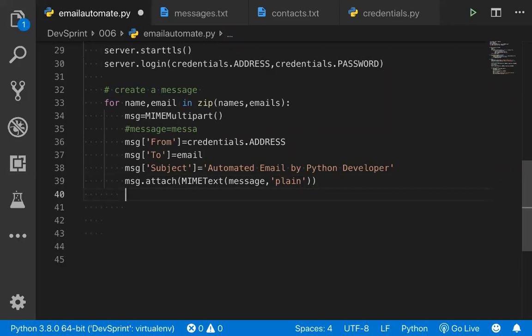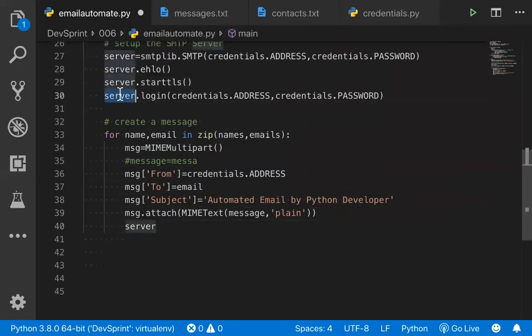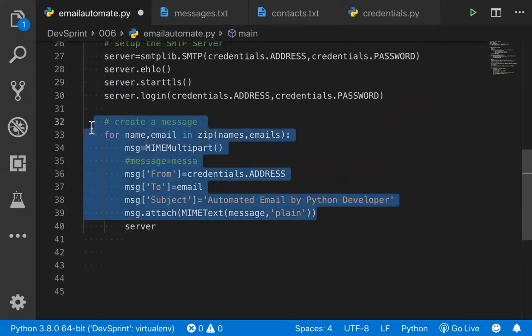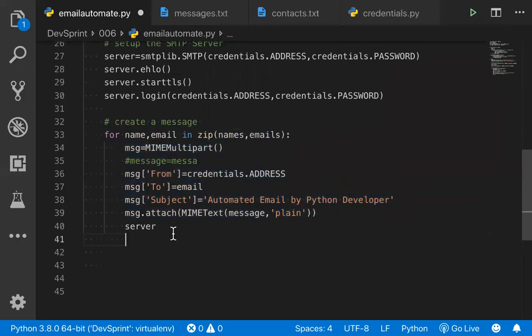I'm going to send this basically. After this we have to attach, it is done, right? We are done with attach. Finally our server is going to send this mail. The server is here, this instance we already created. The server is going to take all this information. So we created all this for loop because we are separating the information like to, subject and all. Finally the server is going to be used to send the data.